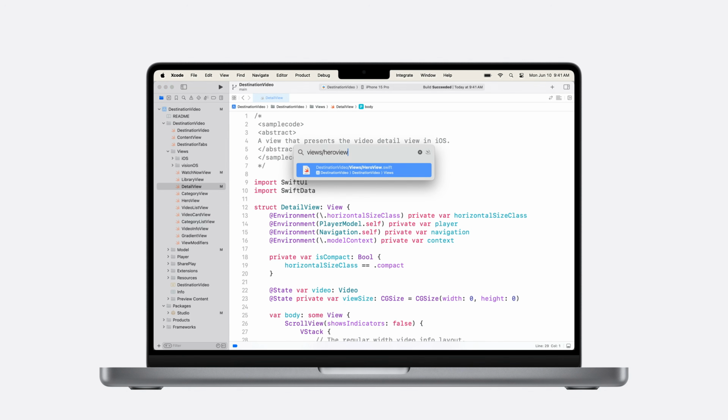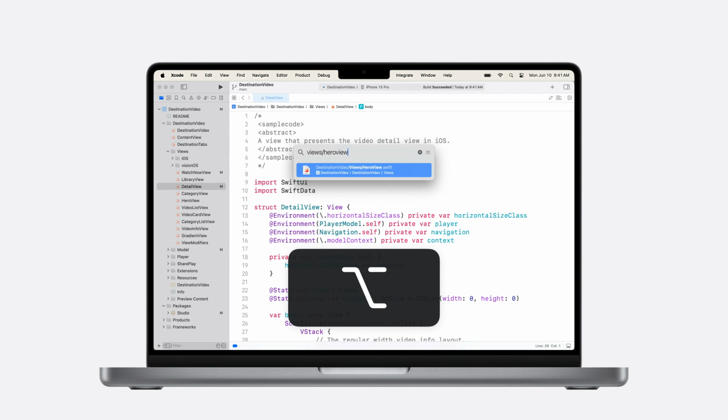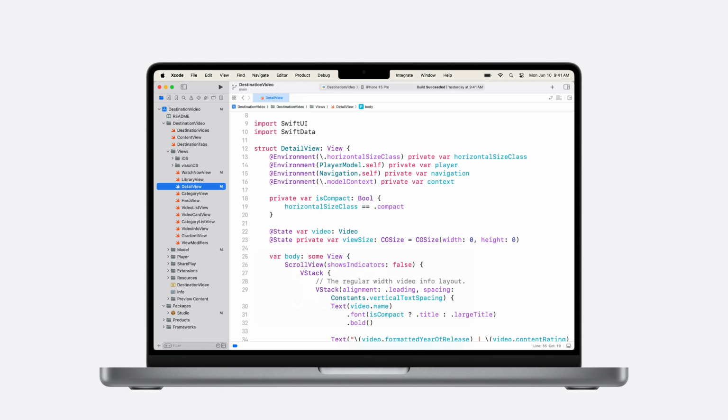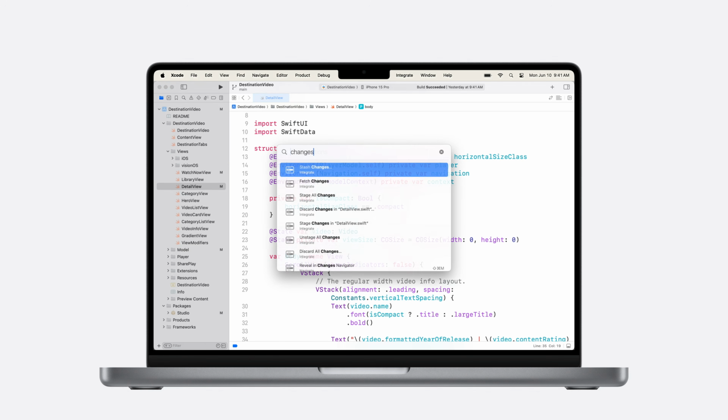Maybe you prefer to open the file in a new split instead. Hold Option when pressing Return, and now you can view the two files side by side. Check out Xcode's navigation settings to customize modifier behavior. Xcode has so many powerful commands, we're running out of keys to create new ones. I have my favorites memorized, but instead of sifting through menus for the rest, I use Quick Actions. Command-Shift-A opens Quick Actions, where you can do a search of Xcode's commands with natural language.